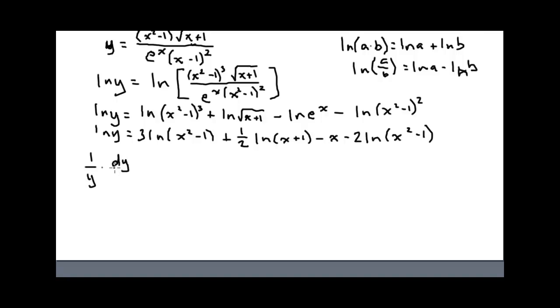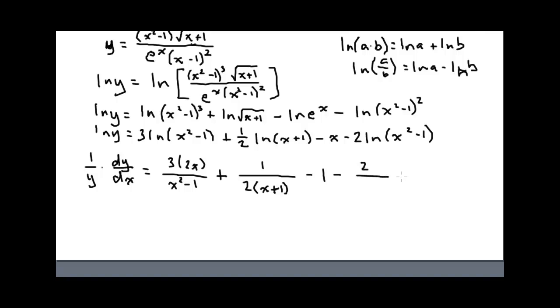So, derivative of this, so we've got 3 all over, so this goes to the bottom, times, and we've got a bit of a chain rule, so that's the derivative of x squared minus 1, plus 2 on the bottom, so the 2 comes from the half, x plus 1, it's 1 over this, and chain rule, derivative is just 1, derivative of x is minus 1, plus the 2 over x squared plus 1 times 2x, and then that's all equal to